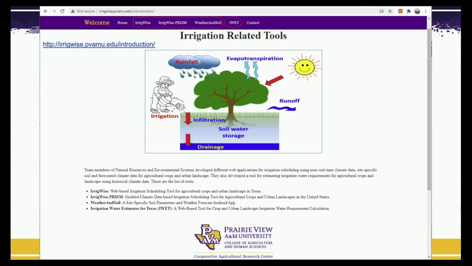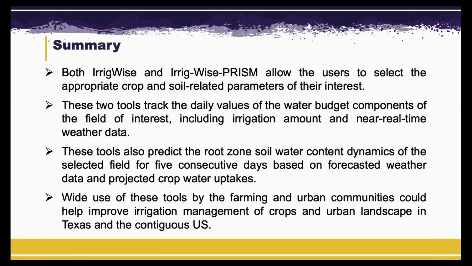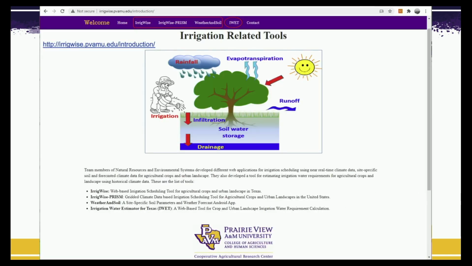This is the summary. These are two simple web applications for irrigation scheduling. For validation, we did some field experiments in our university farm for corn, but we need to do more validation in different locations for different crops. That is still remaining. All these tools are hosted on this website, Irrigwise Present, this weather